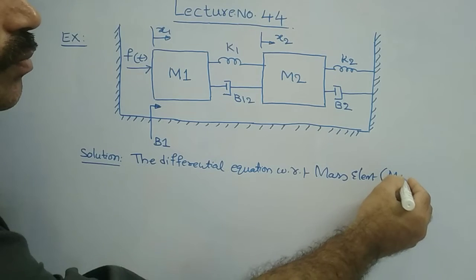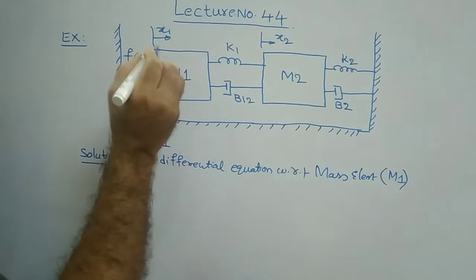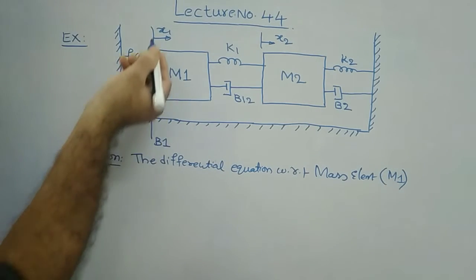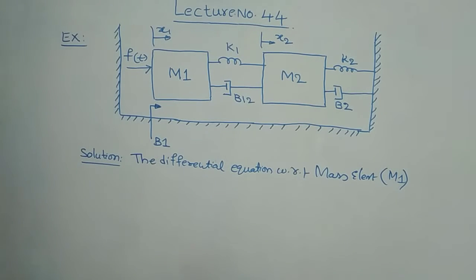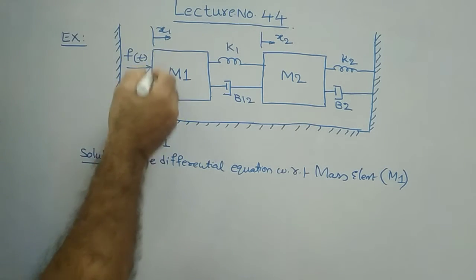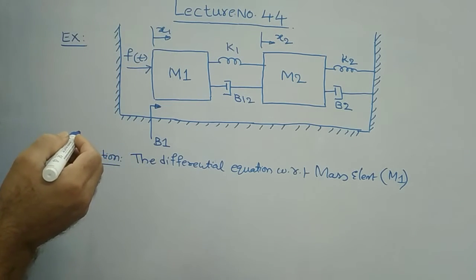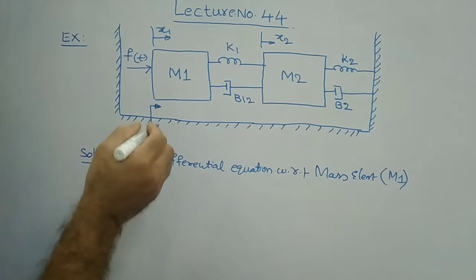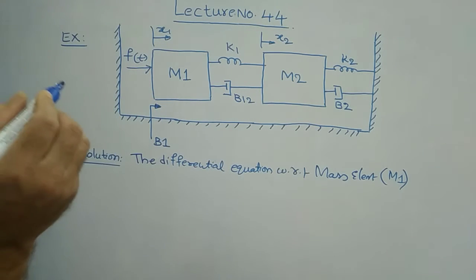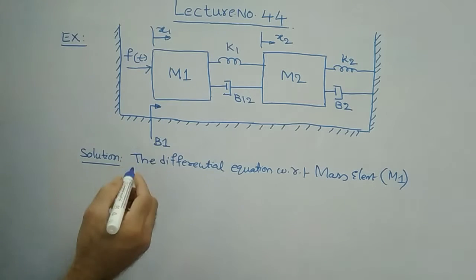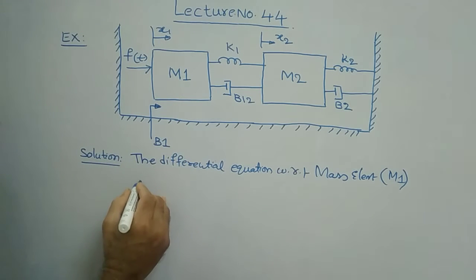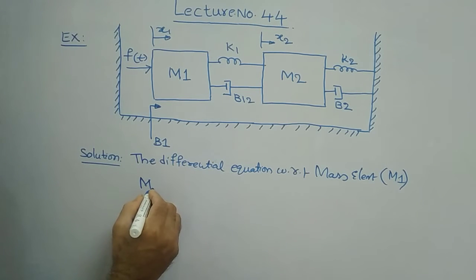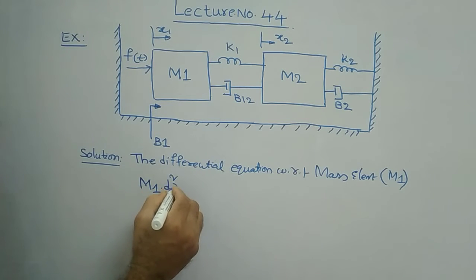Nothing wrong, you can take either the block or the displacement x1, both are the same. You already know how to write it, so I can directly give the differential equation. It is m1 into d square x1 by dt square, plus